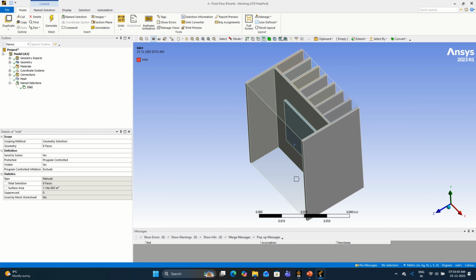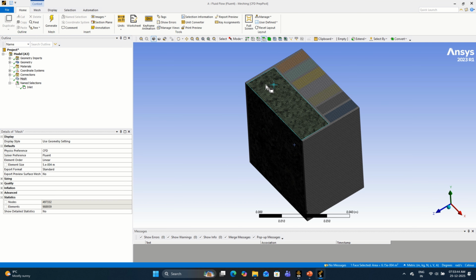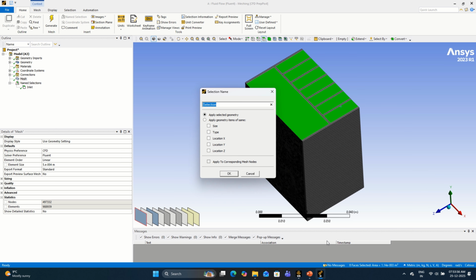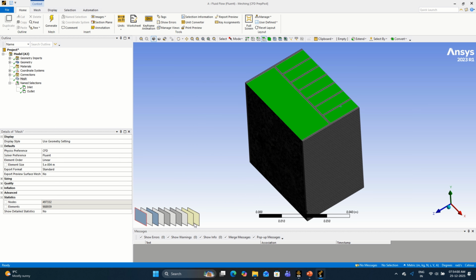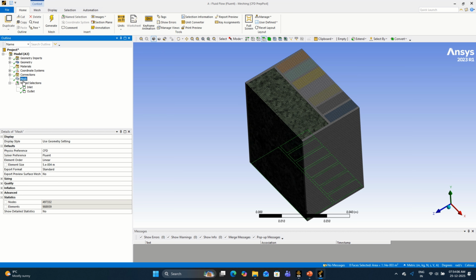Similarly, specify the outlet the same way we have done for the inlet. All the regions which correspond to the outlet we have to select. Ensure that all 8 of them are selected and accordingly we have to proceed. So one more time, just check and ensure 8 are selected. Then next